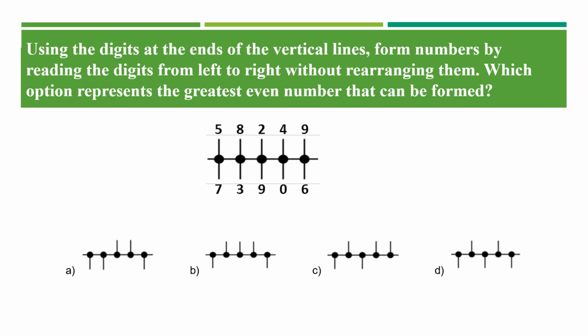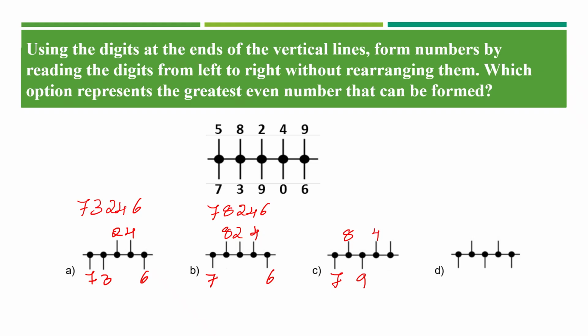According to option A, the numbers are 7, 3, 2, 4, 6. So the number formed is 73246. The second number is 78246. The third number is 78949, and the next number is 78946. Great. I believe that you found the answer, and the answer is